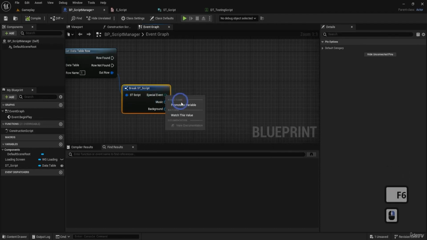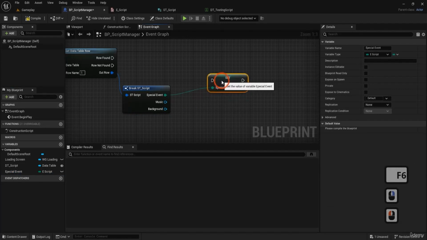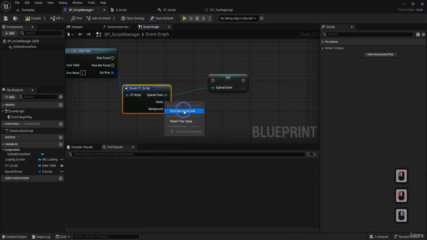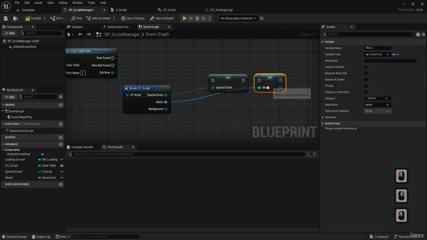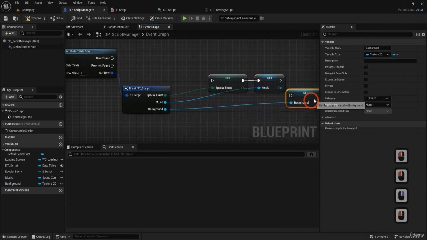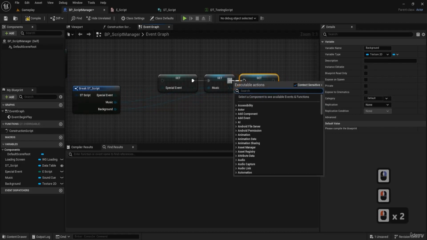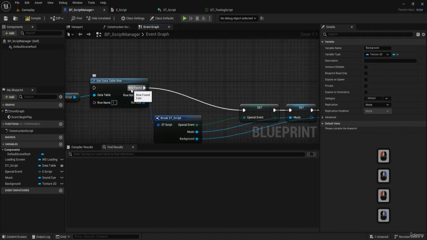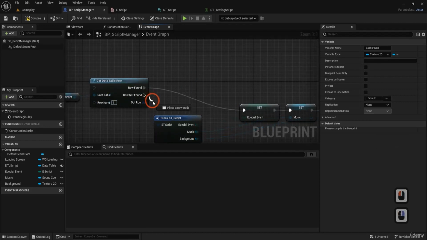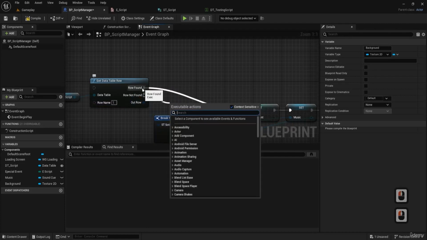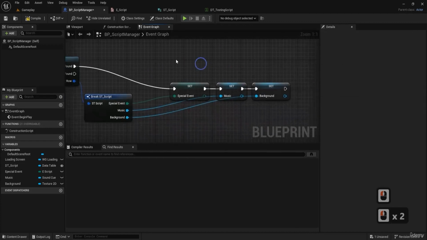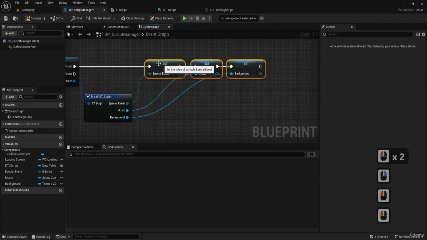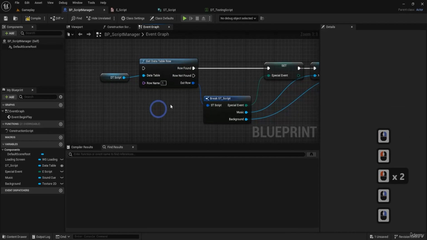Now I'm gonna promote these two variables. As you can see, they're getting named as I promote them. And I'm gonna connect them, and from row found. So we have this row found and a row not found. This means that if the row name that we are asking doesn't exist, it will trigger this. If it exists, it will trigger this. So set them here, and